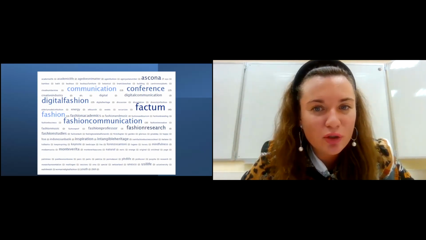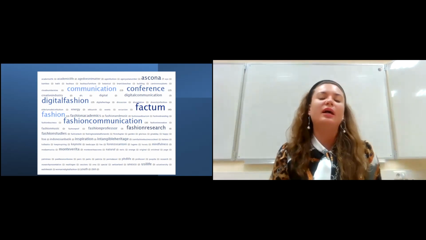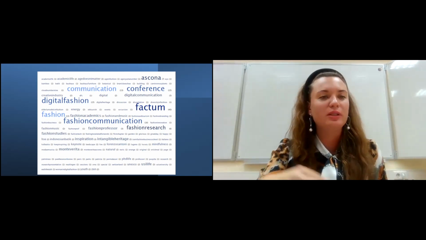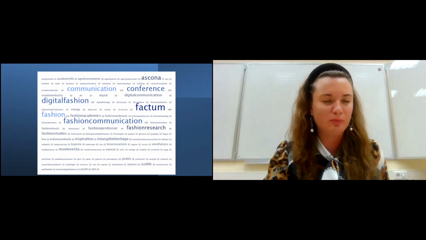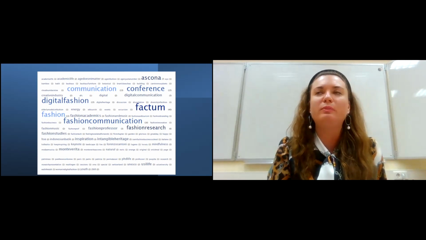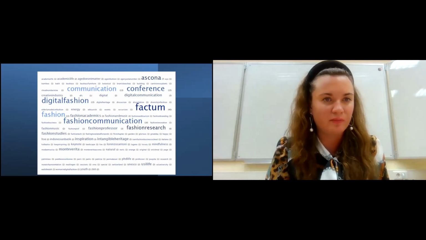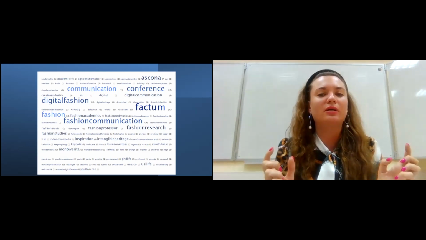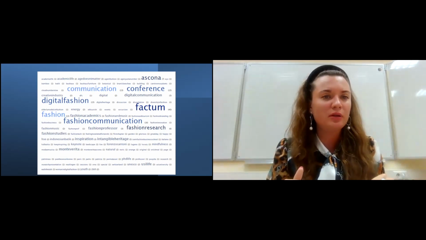How does a hashtag work? It helps you to link with people, to find the right people, or to link with people from the same community. It helps to build the community.